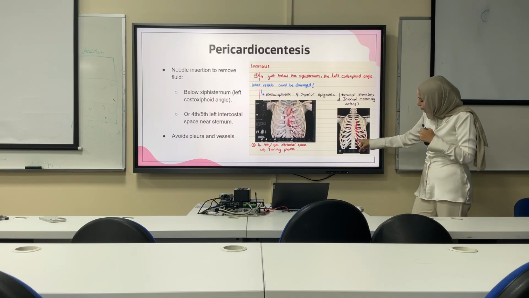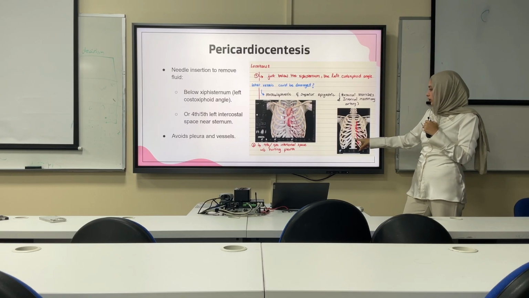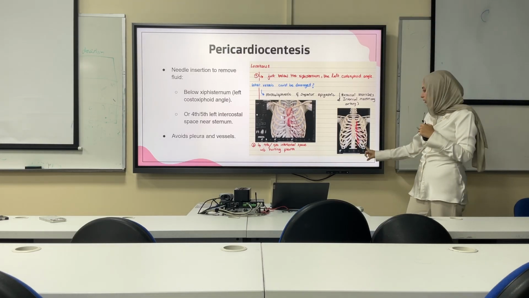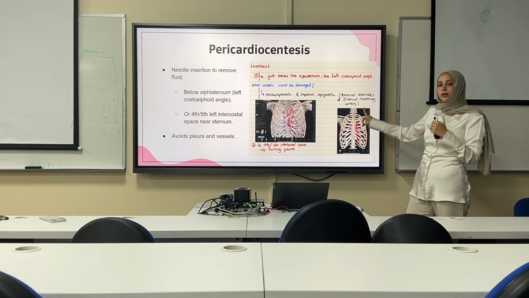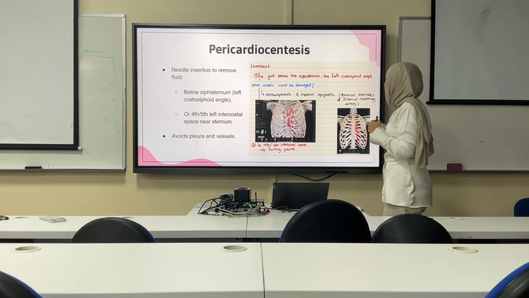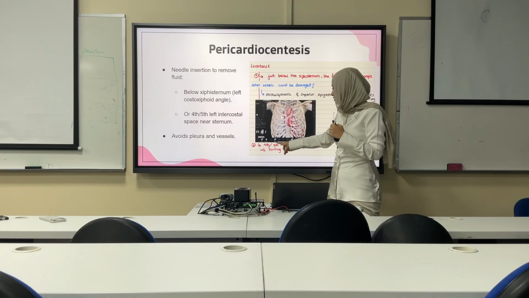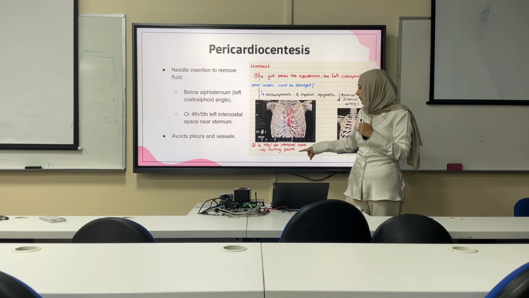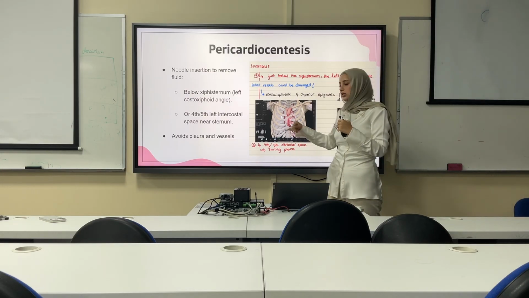You can see here, you see this is the xiphoid. On the left side, I'll put a needle right there and then go up until I reach the heart. Okay? And then what else? The other way is the fourth or fifth intercostal space without hurting the pleura, because you can see the pleura